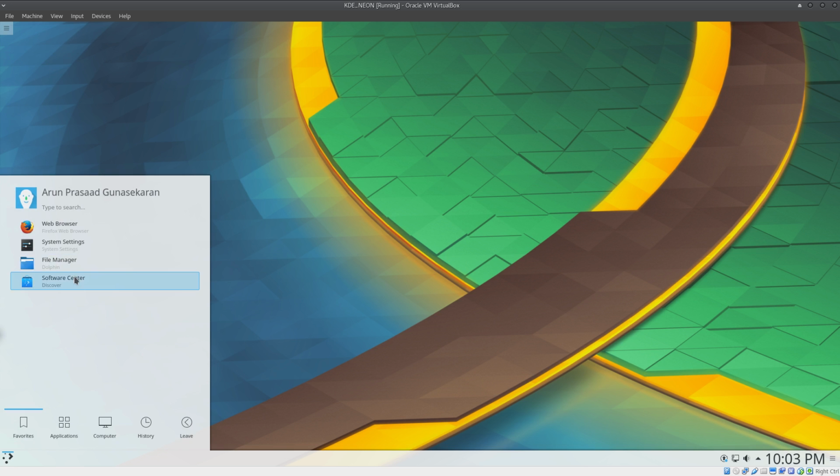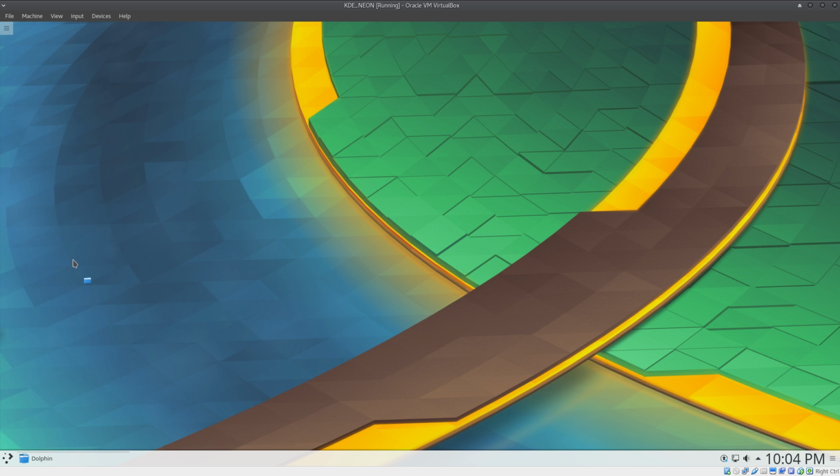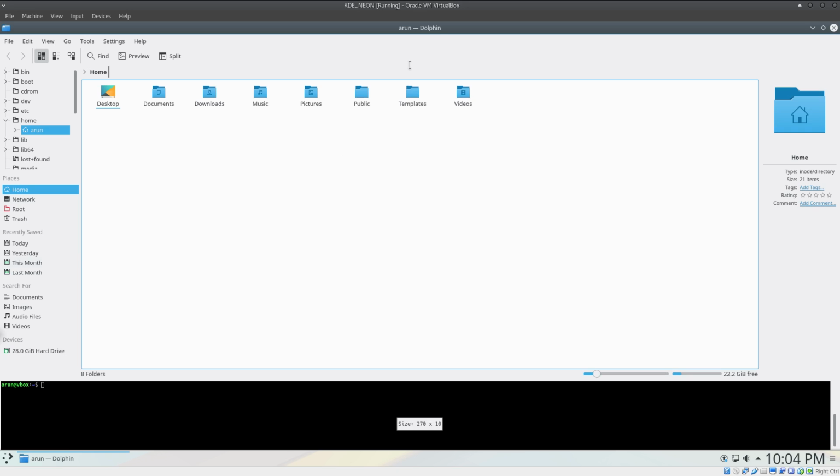And let's look at the Dolphin file manager. Now, the file browser that comes with KDE Neon is actually Dolphin, and I like this because this is very good. This is actually very good in a sense, unlike the other ones that you might see over here. This is quite well developed. For instance,